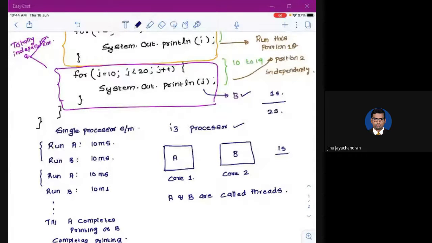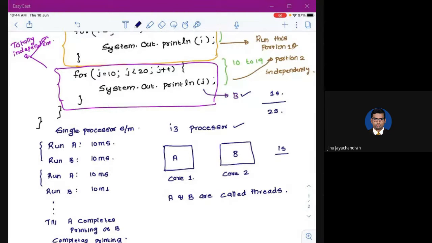Each of these tasks will have multiple processes. For example, if you are running a YouTube video in your Chrome browser, the video playing is a process. YouTube might also be displaying some animations, for example ads coming at the side. That is another process.